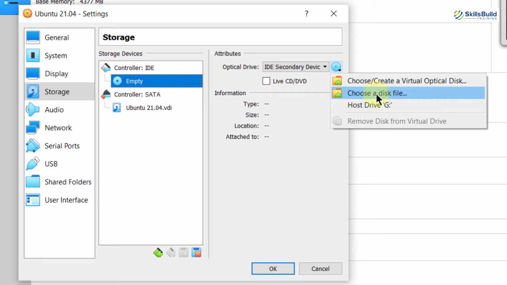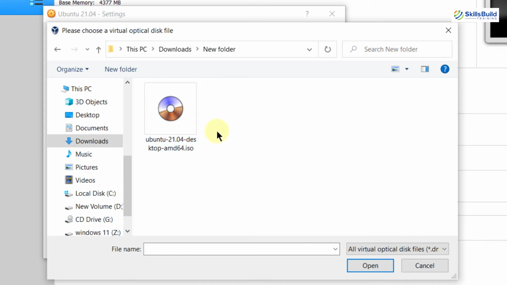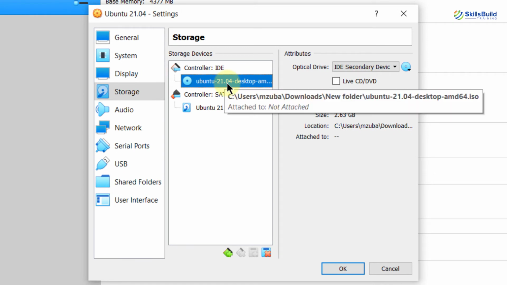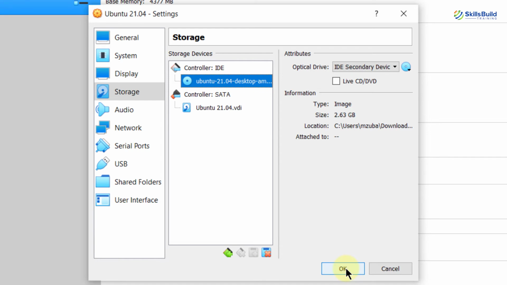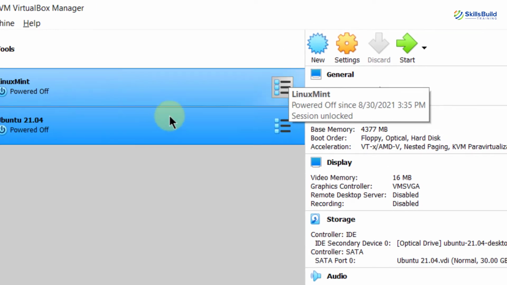Go with the second option. It will take you to the directory where you have downloaded your ISO file. I will just click on it, and here I have my ISO file which I have downloaded. So I will just double click on it, and we have successfully added the ISO file into our controller IDE. After that, just click on OK, and now we are good to go.